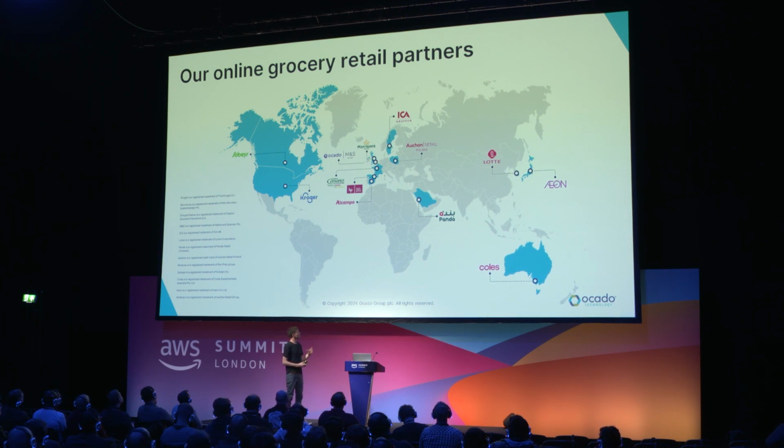So the countries that are in blue are where we have a partner that's using OSP. And we actually have 13 of the most innovative grocery retailers in the world using our platform. We actually have a number of different AWS environments to serve those 13 partners. Some of these are e-commerce, like customer-facing environments, and others are used to power our automated CFCs, or customer fulfillment centers, which is basically what we call our warehouses.